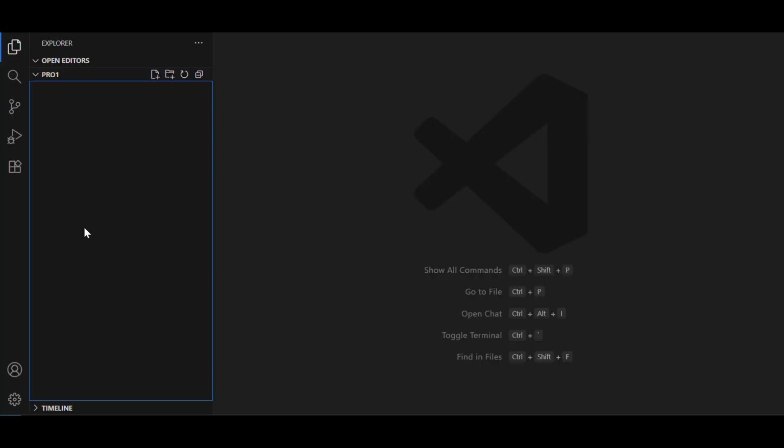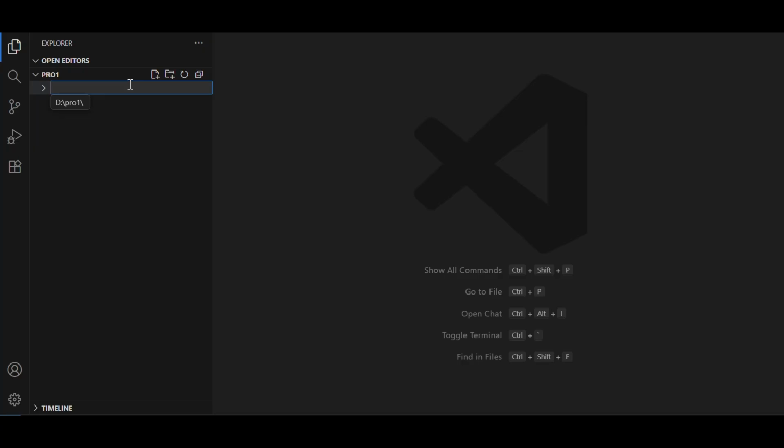Let's get started with the terminal. In the terminal, you can see here that I already have a folder named Pro1. For now, it's empty. We have 2 ways to create a new folder. One is through the graphical user interface, or GUI, and the other is by using the terminal commands. When you have to create the folder on a server through commands, these are very helpful.